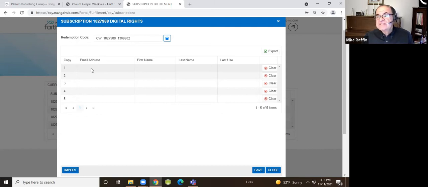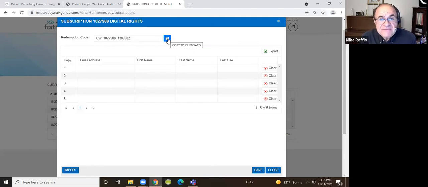I want to show you the very simplest one first. And if you'll notice here at the top, redemption code, the word redemption code, and there's a long number in there. If you give this redemption code to parents, every parent who uses it, who comes to our portal here and redeems that code, will be given access to, in this case, Good News Bilingual that we're looking at. So everyone that you give this code to, when they go to the site, and we're going to try this, you'll see it happen, they will redeem this code, and then their email address will show up on this list.